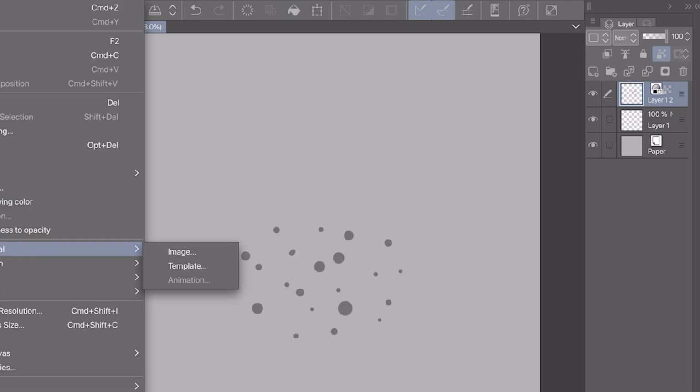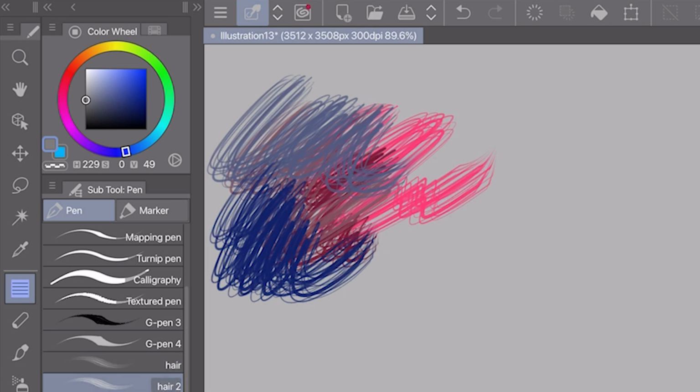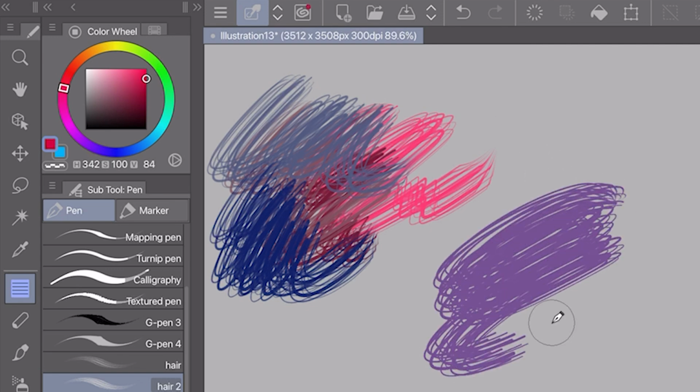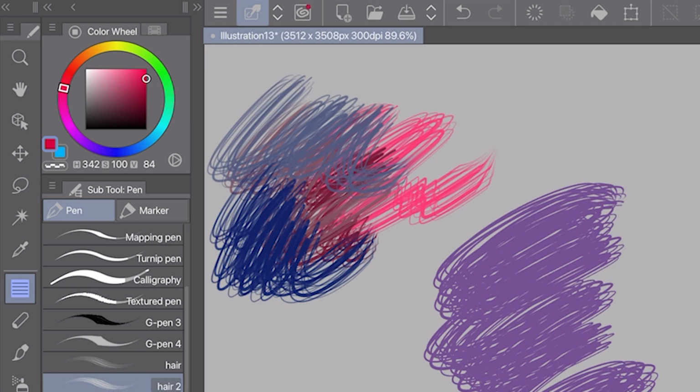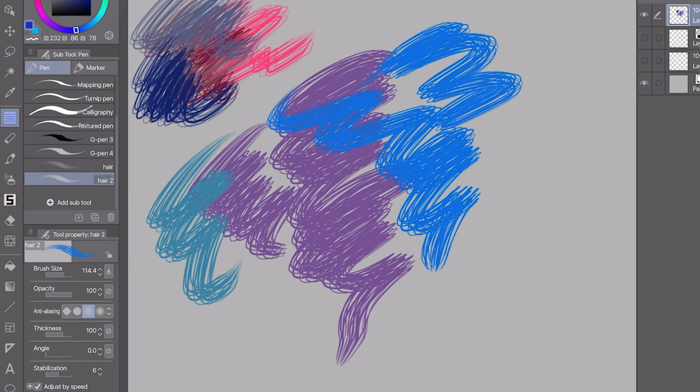I will register this. So I've registered it, I've made it a brush. I'll have the sub color set to blue and the main color set to a dark red. And what comes out is both of these colors are mixed. What appears is purple. This can be a little bit annoying if this is not the effect that you're trying to make, but it is useful for other things.